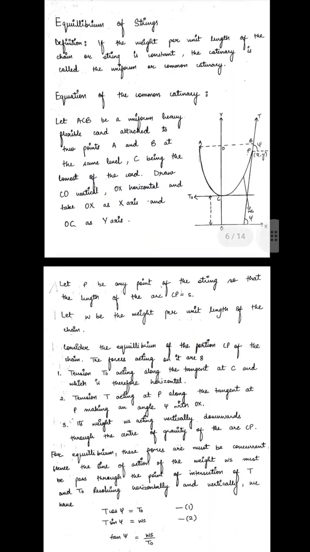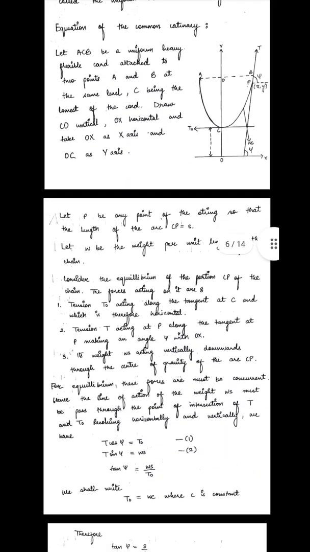C being the lowest point of the chord, draw CO vertical, OX as horizontal, and take OX as the x-axis and OC as the y-axis. Let P be any point of the string so that the length of the arc CP is equal to S. Let W be the weight per unit length of the chain. Now consider the equilibrium